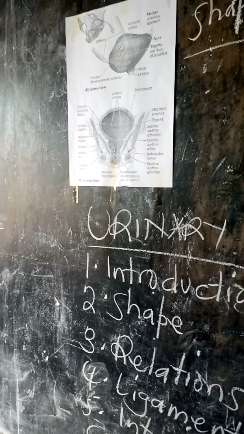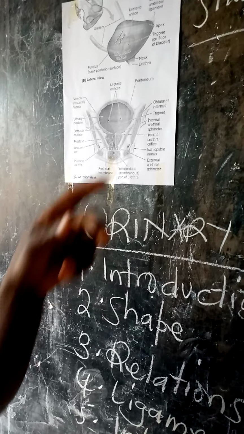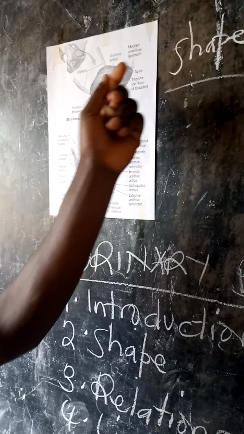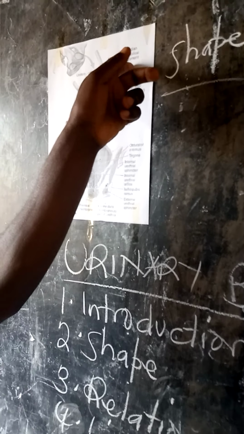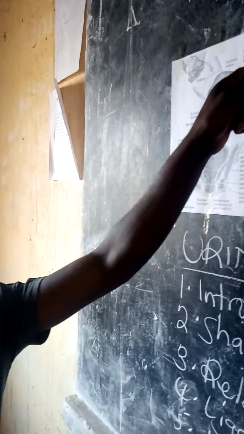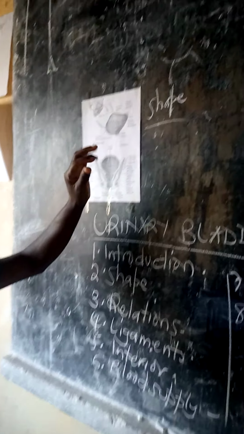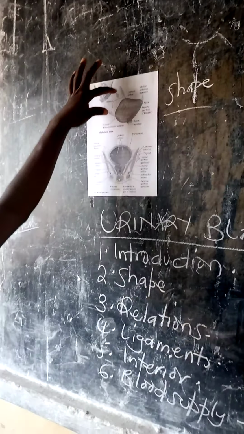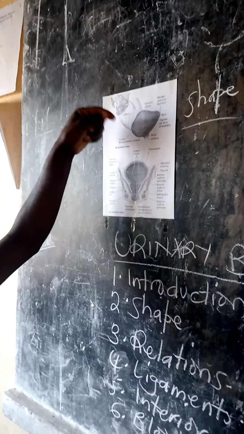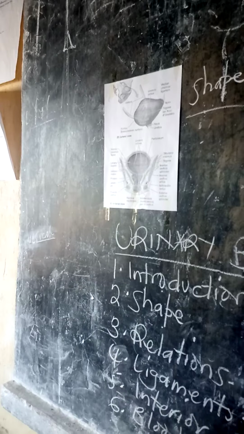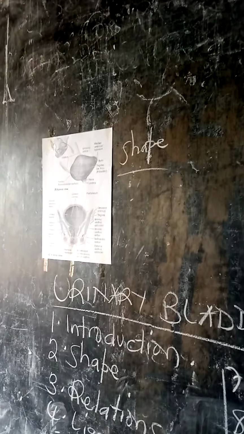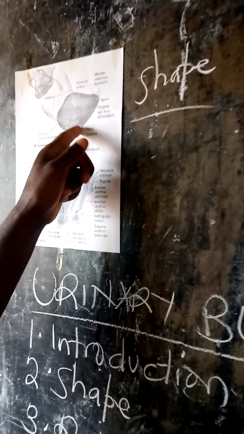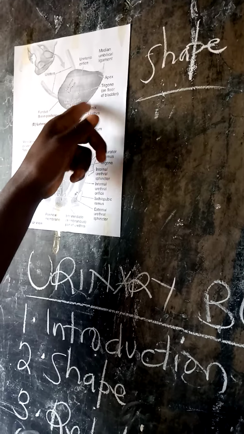Then it also has four ducts corresponding to the four angles. One of the ducts is the urachus. After birth, the urachus is obliterated to form the median umbilical ligament, but before birth it is called the urachus, here from the apex. The other ones are the ureters, which correspond to the two superior-posterior angles. Then we have the internal urethral meatus at the neck, or the inferior angle.